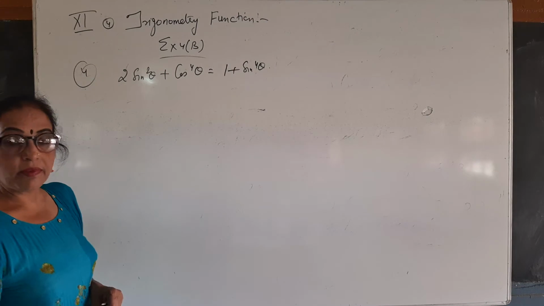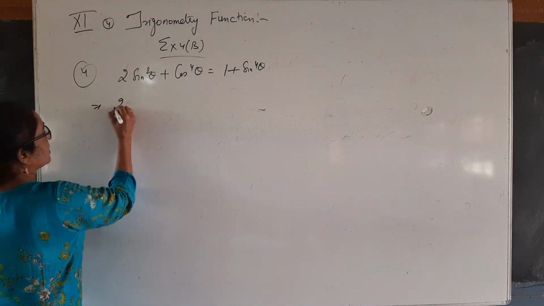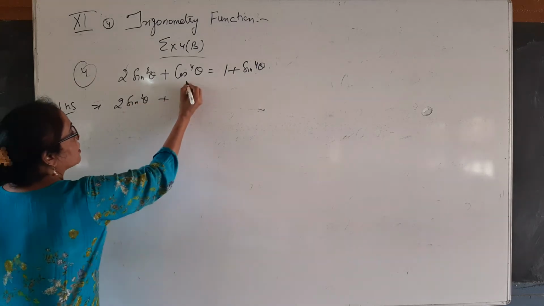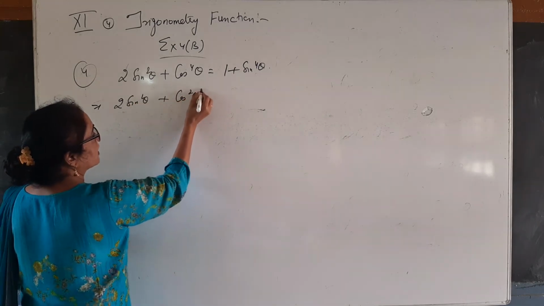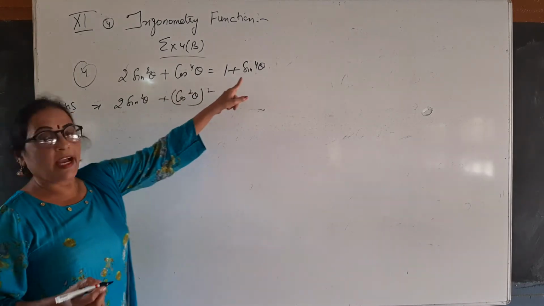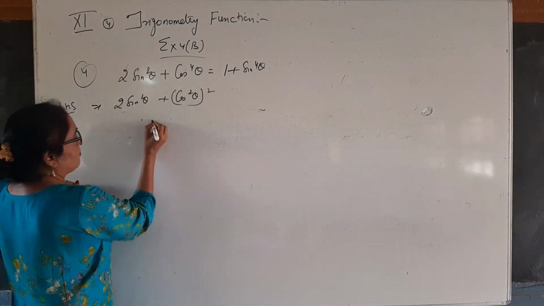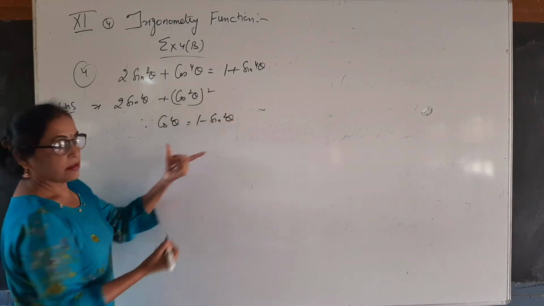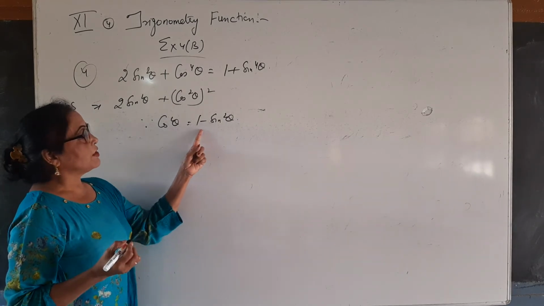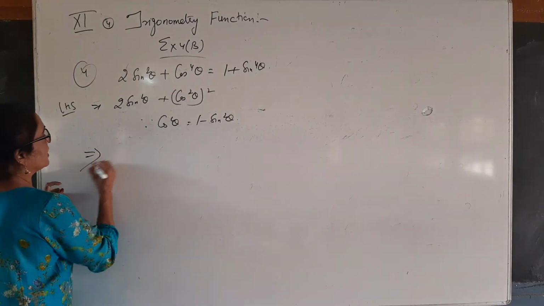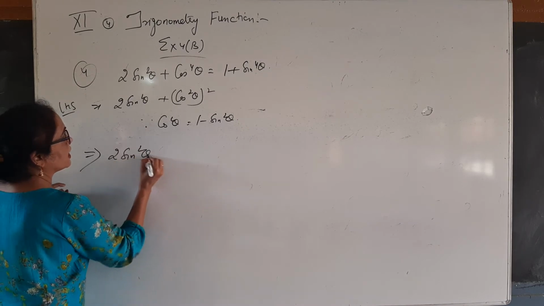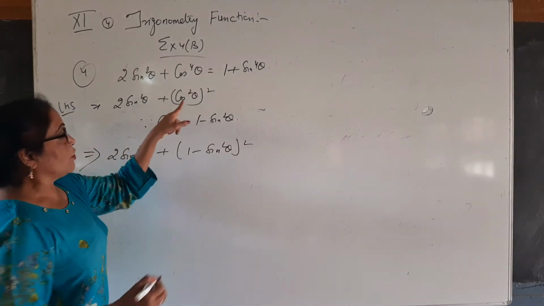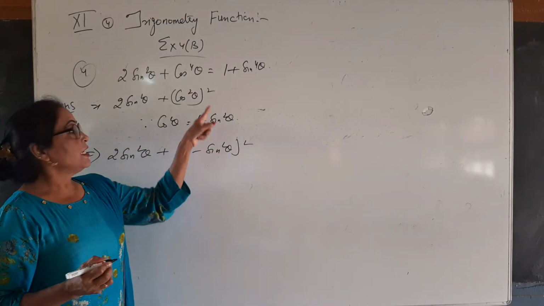Yes. So here we can write like this. Again we will take LHS, that is 2 sin square theta plus cos 4 theta, which can also be written as cos square theta whole square. Now we want sin theta here. So what we will do? We will replace cos square theta by 1 minus sin square theta. So we will get here 2 times sin square theta plus 1 minus sin square theta whole square. This cos square theta we have replaced by 1 minus sin square theta, and its square is given, so it will be squared.